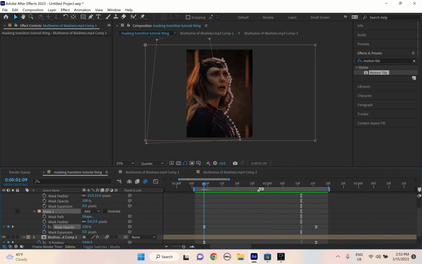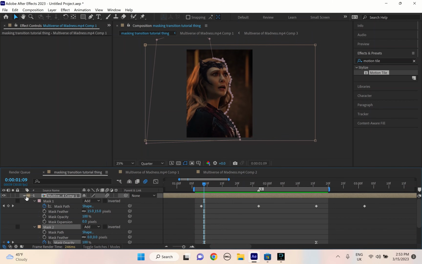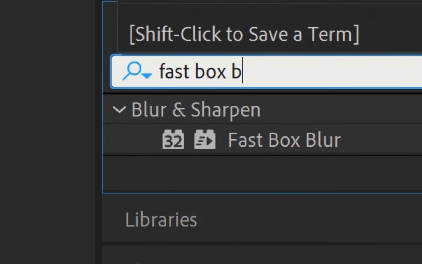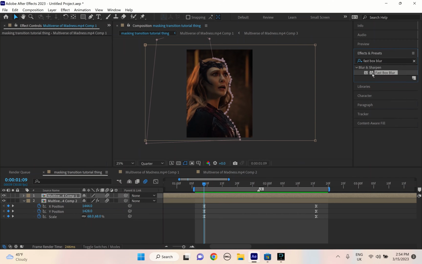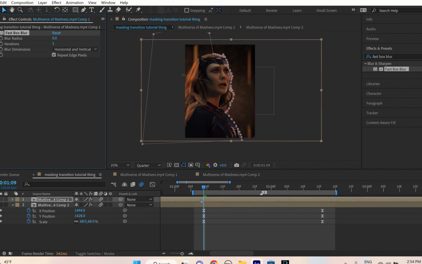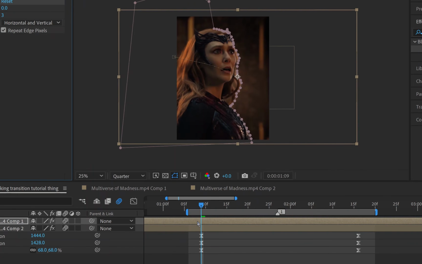However, the little touch, because I want that sense of realism to it, the little thing I do that I don't even think people notice, but it just satisfies me as an editor, I get fast box blur. This is one of the blurs that takes the least time to render, because it's such a small effect. You don't need to do this. I personally do this because I think it looks cool. Because when a camera moves,